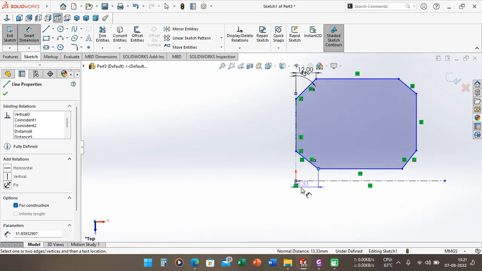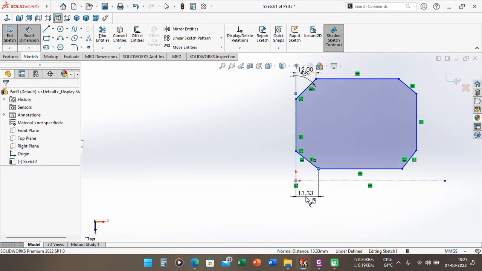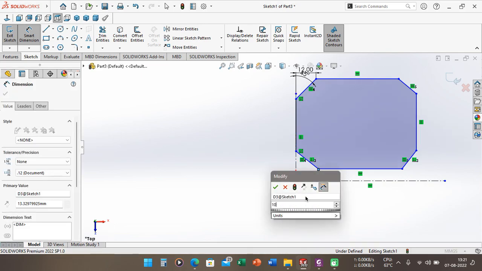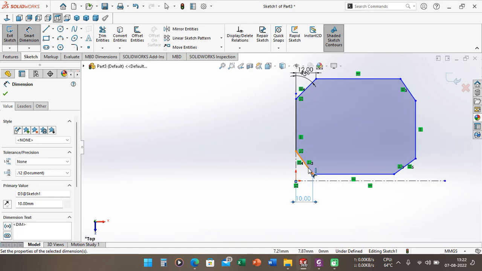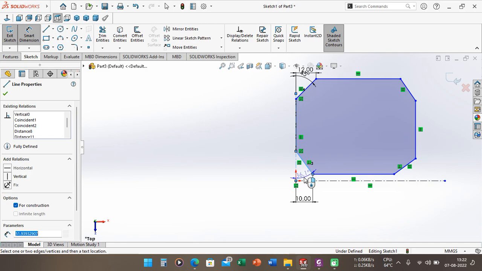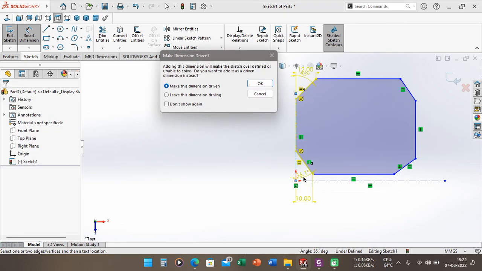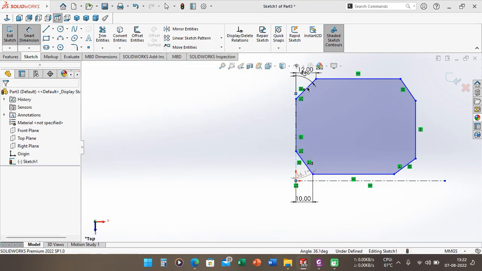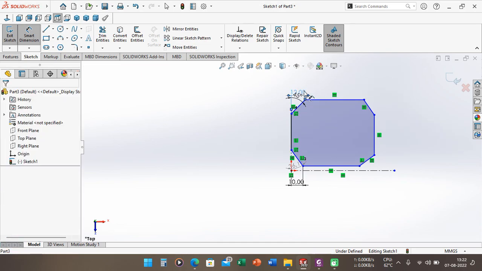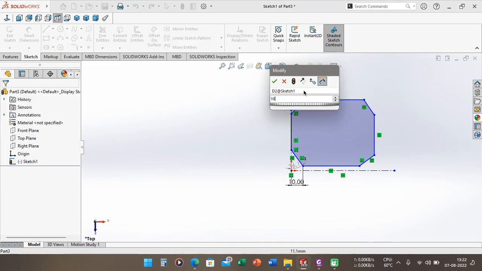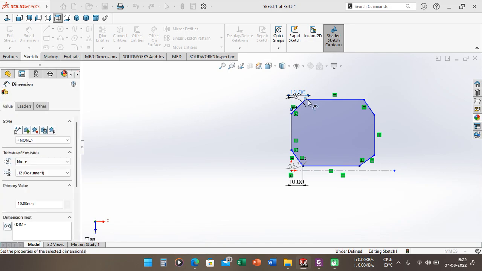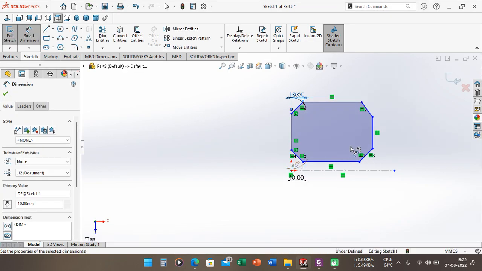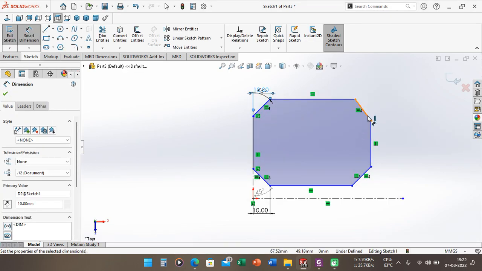We can define here also 10 mm. So here also is 45 mm. We can try again here. This is 10 mm. Okay, here also, here to here